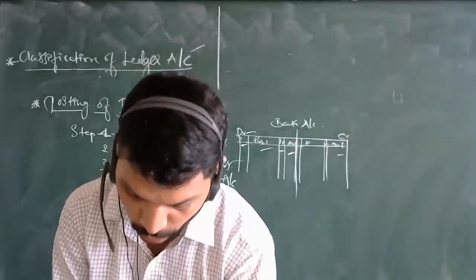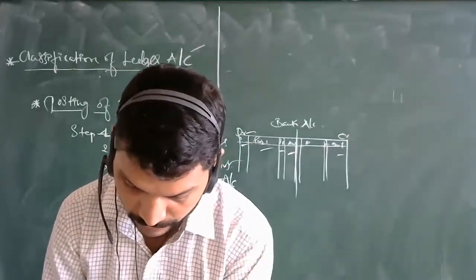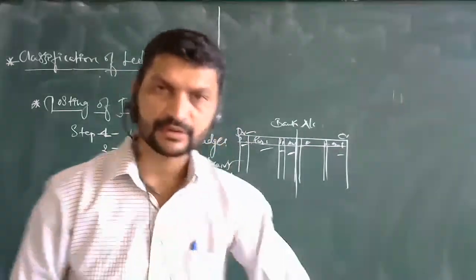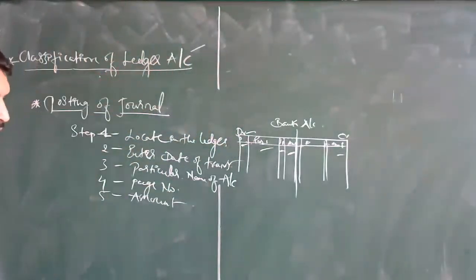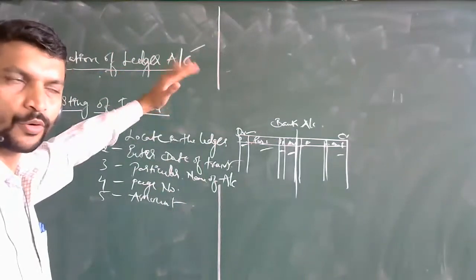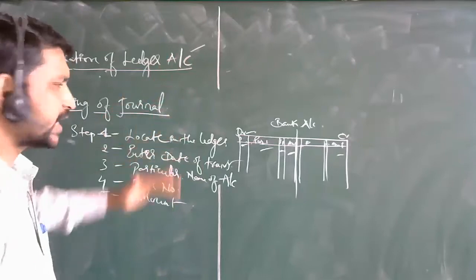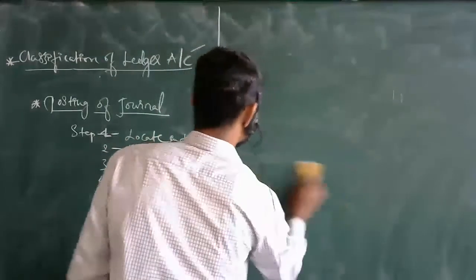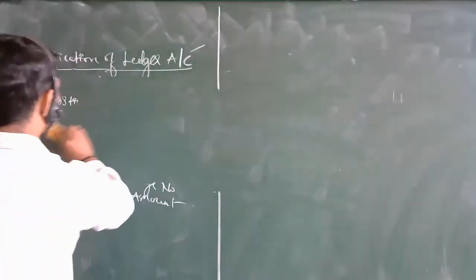How many accounts are you going to open here? Ten accounts, most probably. Remember this point. Now, which are the 10 accounts? I will draw a rough diagram over here. Not a diagram, sorry, ledger accounts. I will be opening ledger accounts over here, and you will follow the same. So nearly 10 accounts we are going to open.